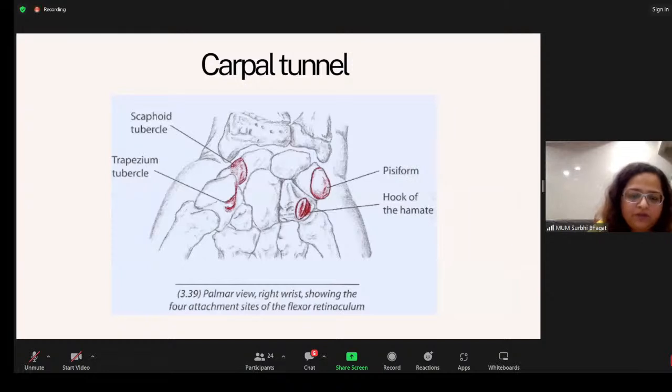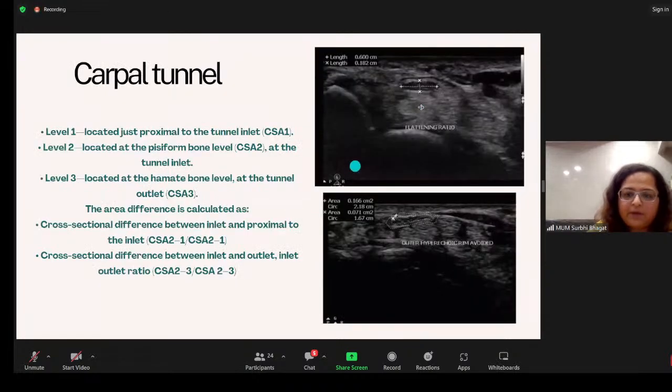Carpal tunnel we cannot do without. So we all know carpal tunnel. The flexor retinaculum is attached from the scaphoid tubercle to the pisiform, and from the trapezium tubercle to the hook of hamate. Now, in carpal tunnel, we must remember that we differentiate it from the proximal median nerve syndrome because